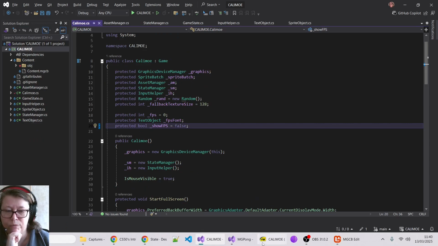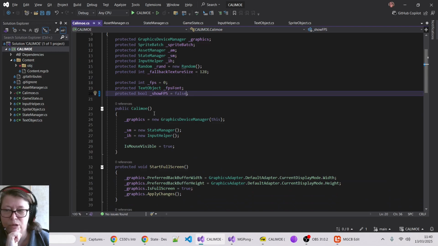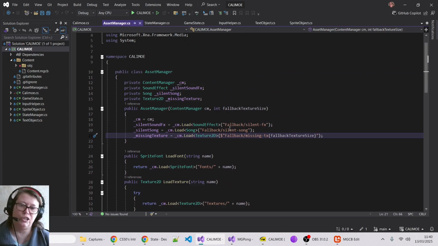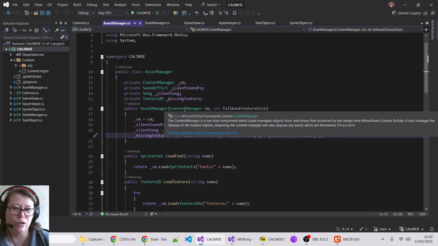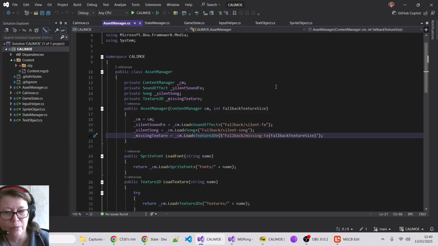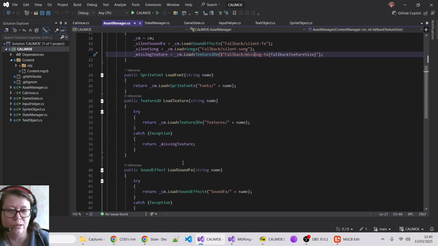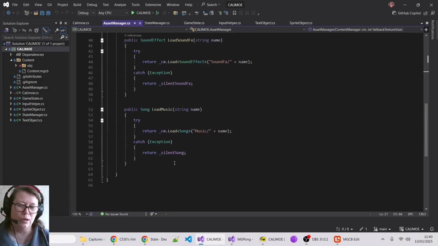So rather than writing all these lines of code, which is basically content.load, let me have a look. Here's my asset manager class. Yes, it's just content.load. This is basically a wrapper around the content manager class that comes with the MonoGame framework. It can load in a font for you, a texture, a sound effect, or music. But what I wanted, first of all, was a way of making the code a little bit shorter and cleaner, but also